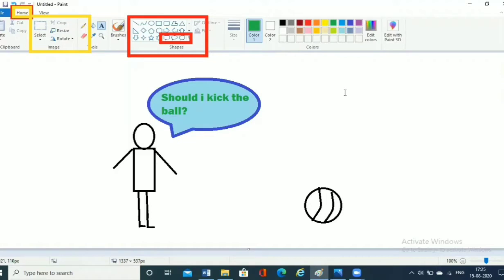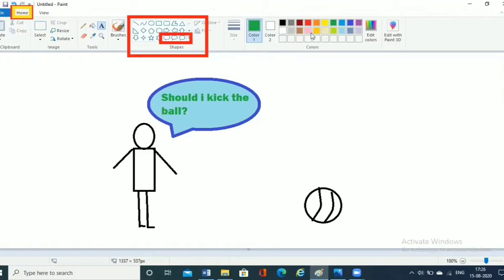So this is how the call outs are used and how you can insert the text. Not only in the call out shape, you can write the text anywhere on the page, wherever you wish. If you wish to write the heading of this particular drawing, you can do that. All you have to do is get into the home tab, choose the text tool, and then choose the color of the text which you want.